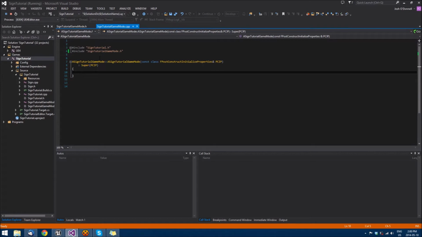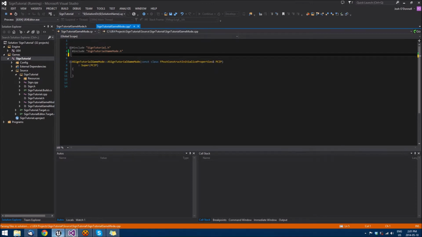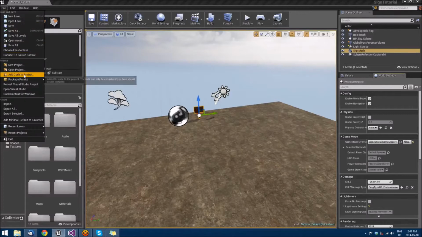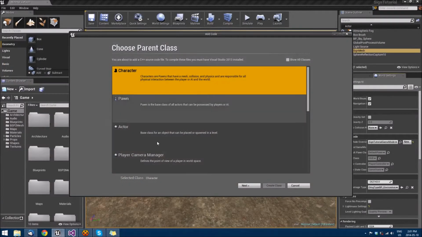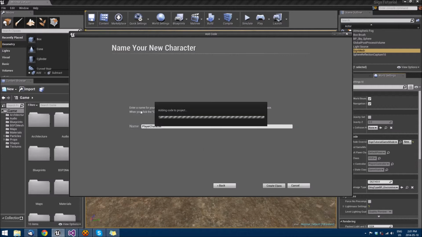So when you have that all saved out, what you'll want to do now is go into the Sign Tutorial Game Mode, or whatever you named your class, CPP file, and what we'll do is we'll put down under here, oops, sorry, we haven't actually created our player character class, so we'll add code to project, which will make a character, and we'll call it player character, like that. And we'll create that class, it'll add it to our project,